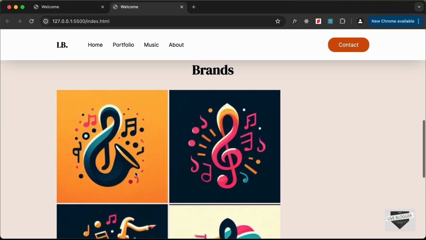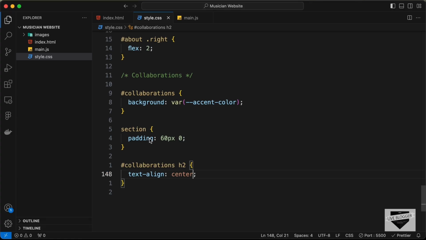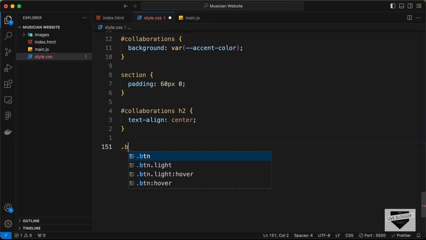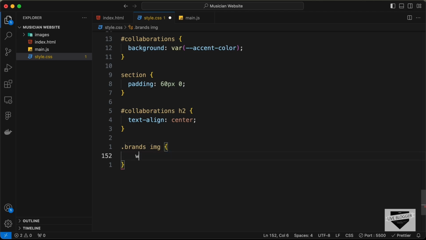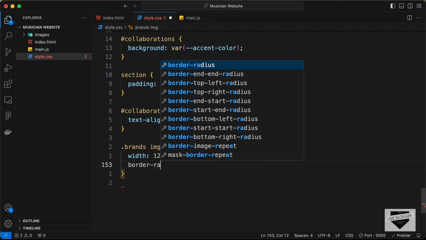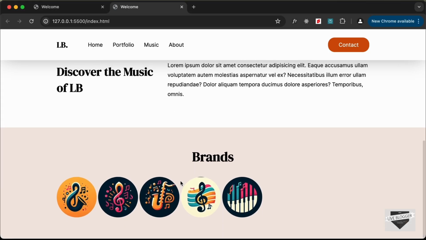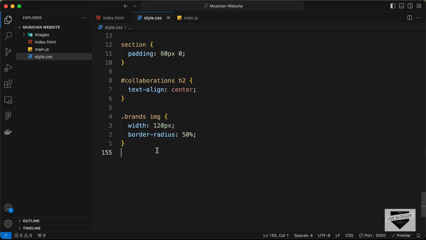Right now we need to bring all these brands one next to the other, and let's also change the size of the image. So let's type .brands, and let's target the images, and let's set the width of the images to 120 pixels, and let's add a border radius of 50% so that it has a round shape, and let's target the brands division,